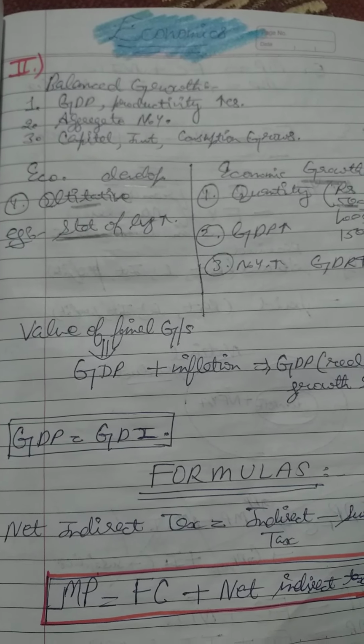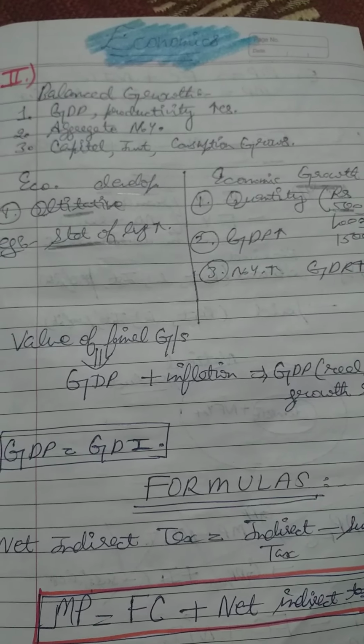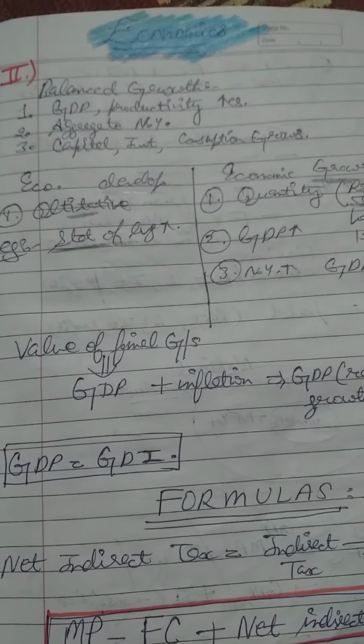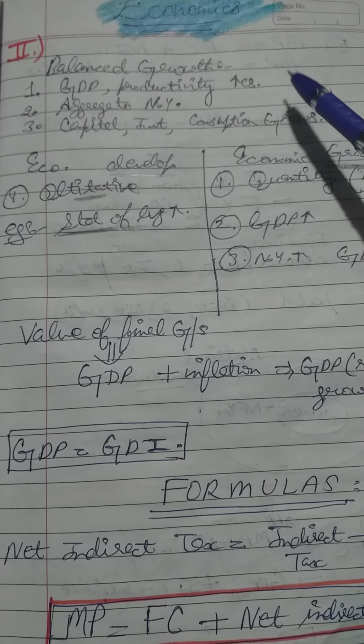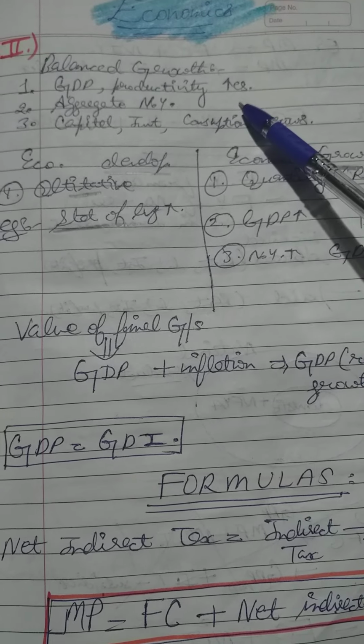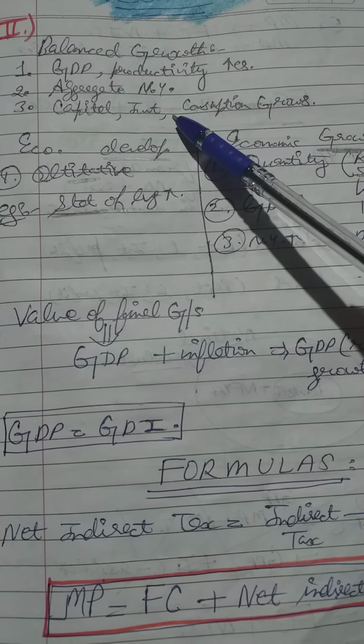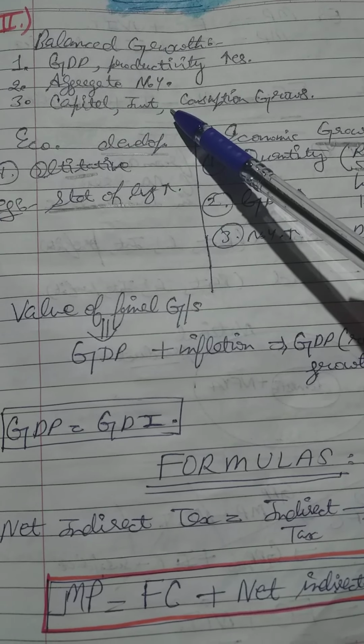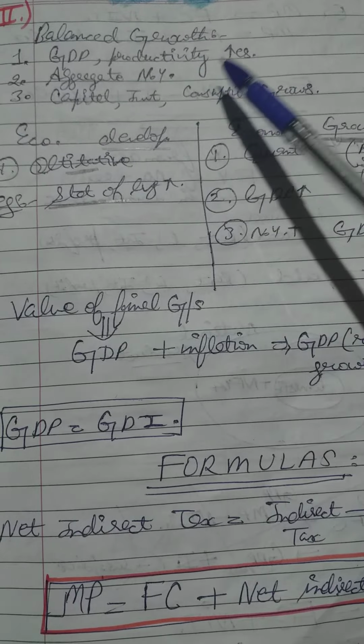So, we are starting with economics. In economics, सबसे पहले we are going to talk about balanced growth. Balanced growth is when there is increase in productivity, aggregate national income increase हो जाती है, capital investment and consumption